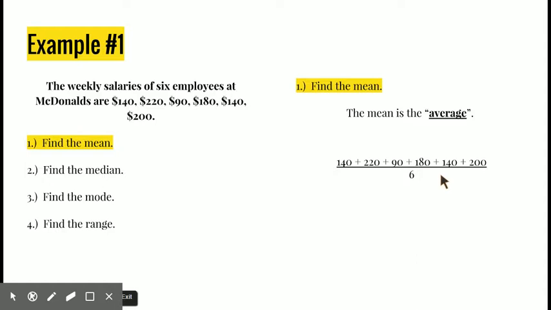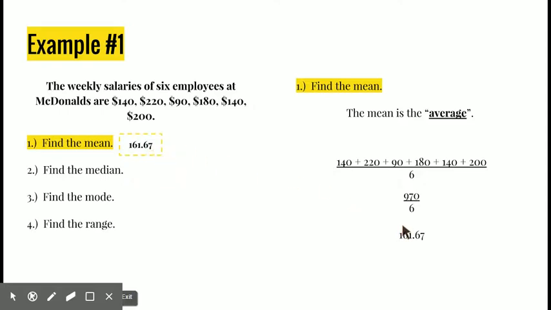So you can totally use a calculator for this. If you want to use a calculator to make this a little bit easier, I would highly suggest it. And remember, you can use one on a quiz that is a handheld calculator. And if I add all those together, I get 970 divided by 6. And that's not going to come out very evenly, which is why a calculator is very helpful. And when I divide that, I get 161. And it goes on forever and ever, but if we round that 6, it's going to make that a 7. So I just put it in the hundredths place. So our mean then is